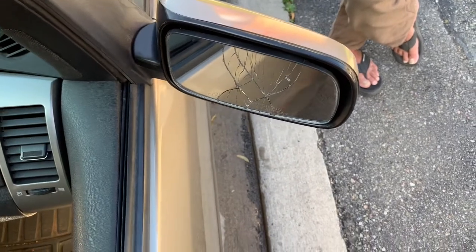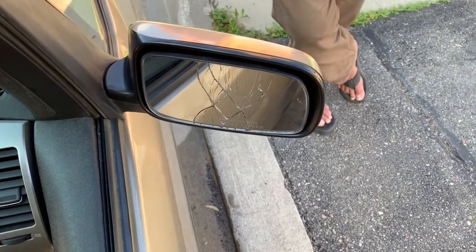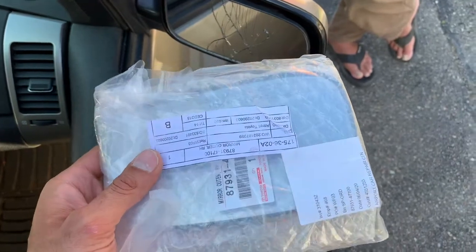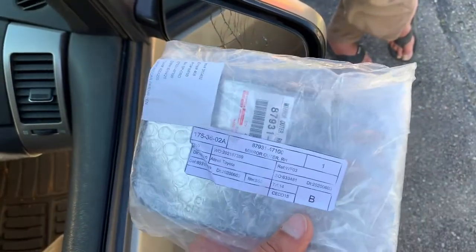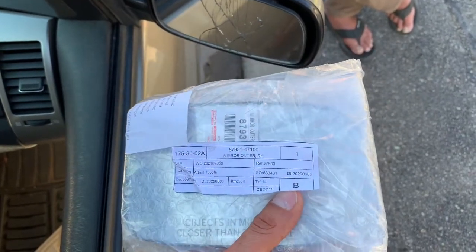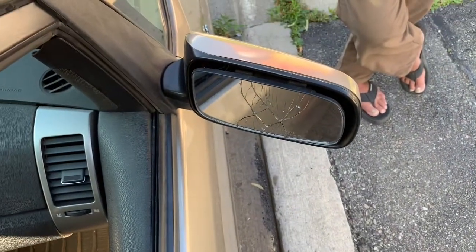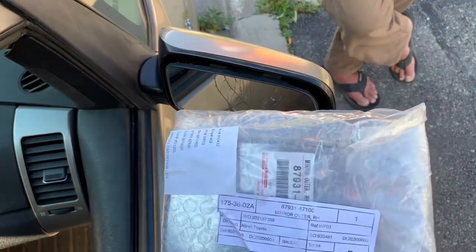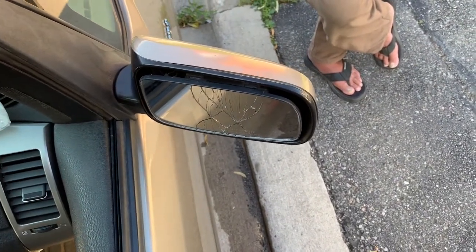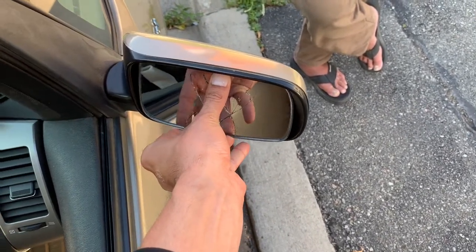So here's a look at our passenger side mirror. As you can see, it's broken, and so here's our replacement passenger side glass. You can purchase this from your local dealership for $50, and we're gonna go ahead and replace this with our new one. And upon doing so, what you want to do is push this back, and